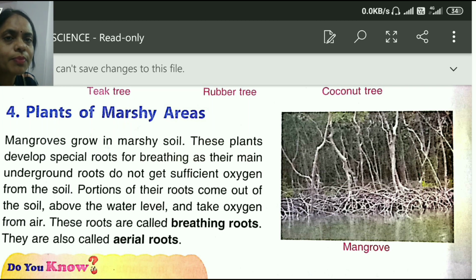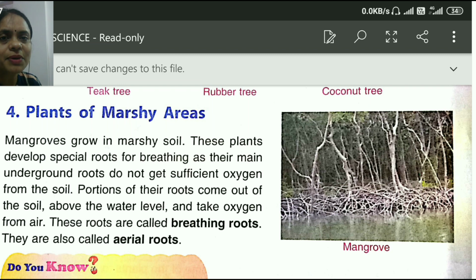So mangroves grow in marshy soil. Children, what do you mean by marshy? Marshy means muddy, a wet, paste-like structure. It is not fully watery but muddy, full of mud. In such marshy areas, mangrove trees grow.